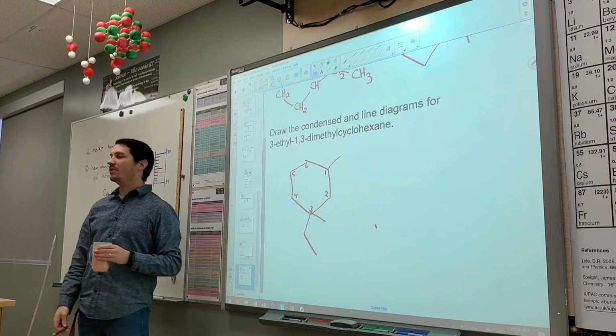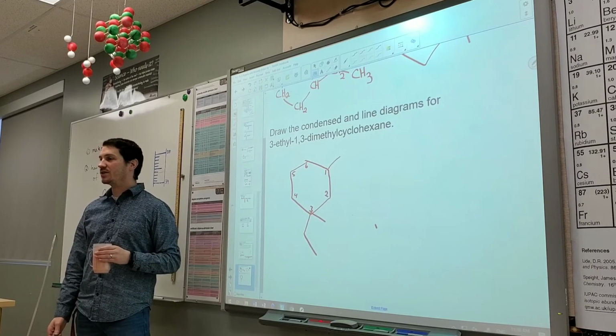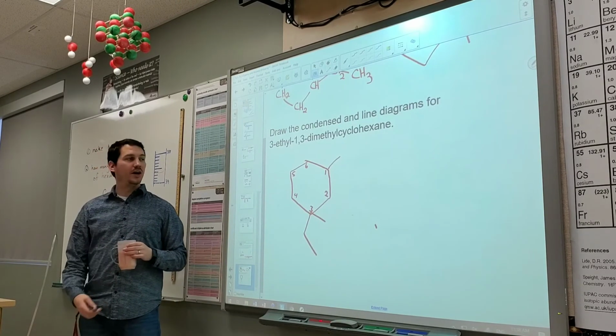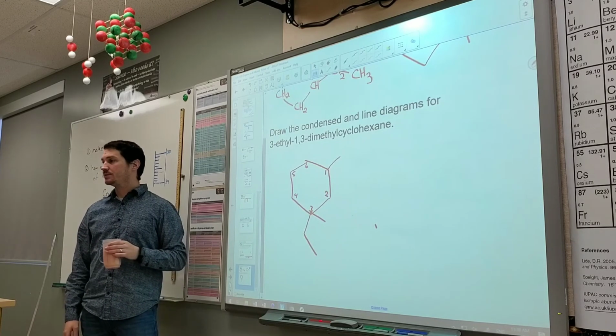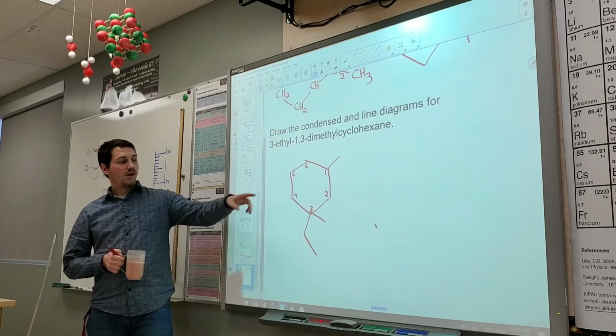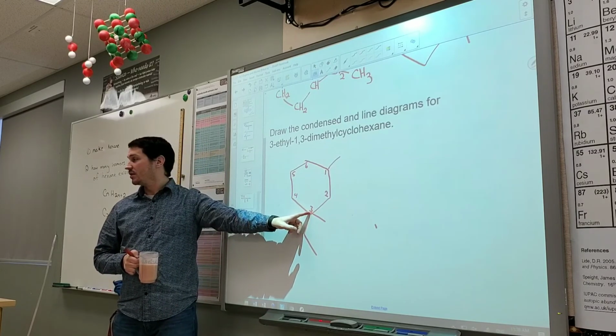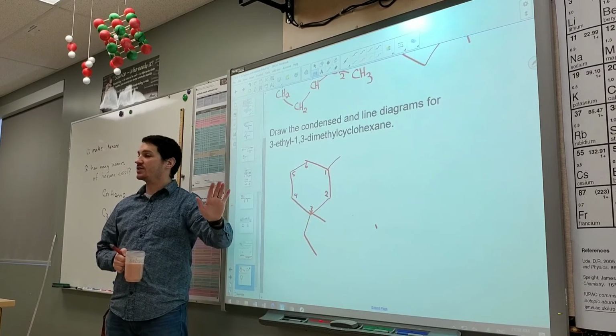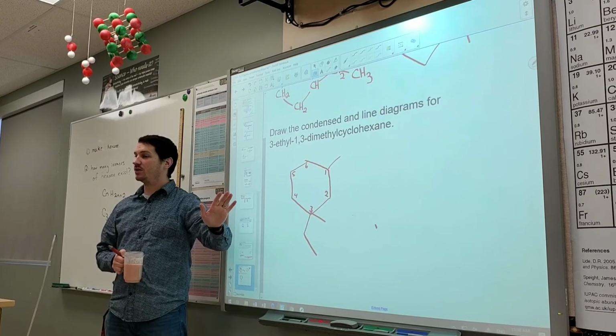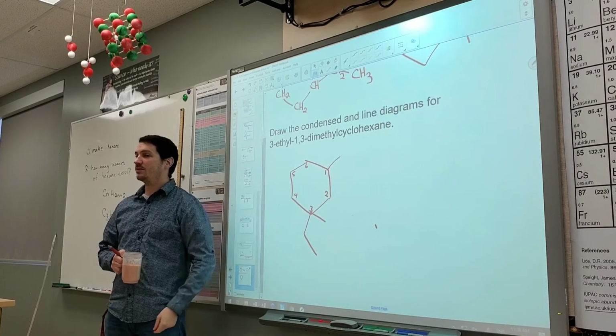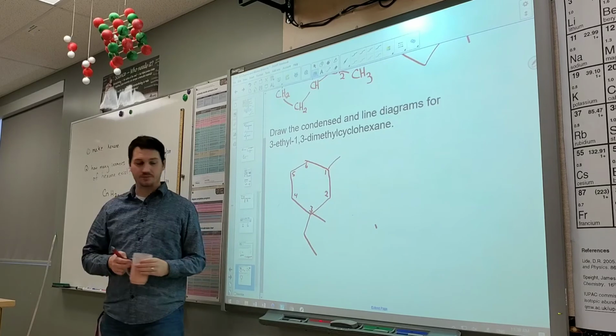But here's the problem. Did anybody notice our problem? What do our numbers add up to be? You got 1, 1 and you got 2, 3s. So that adds up to being 7. Is there any other way you can number this molecule so that you get a lower number than that? The other way. Do it on the inside. Turn the